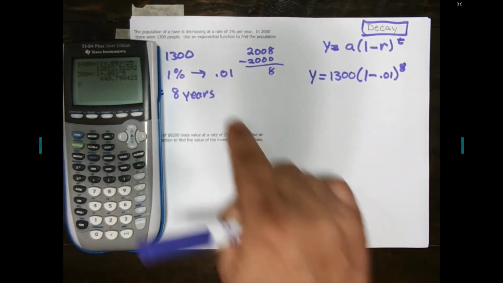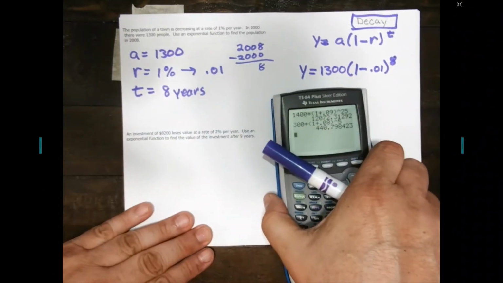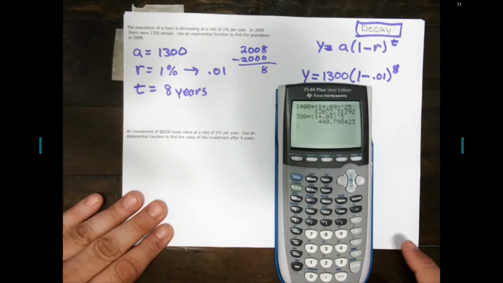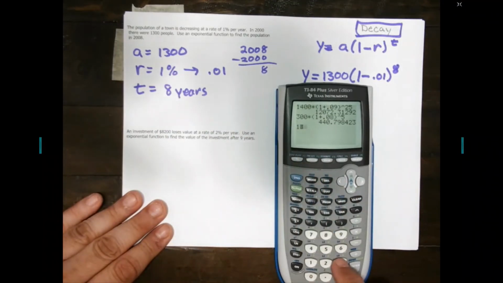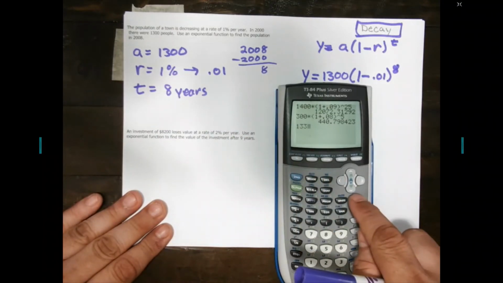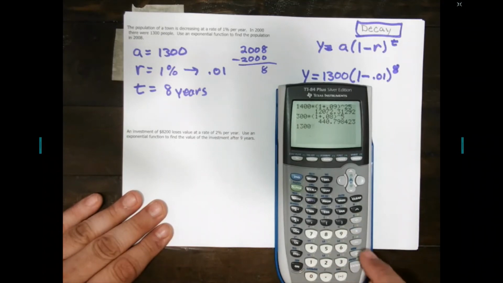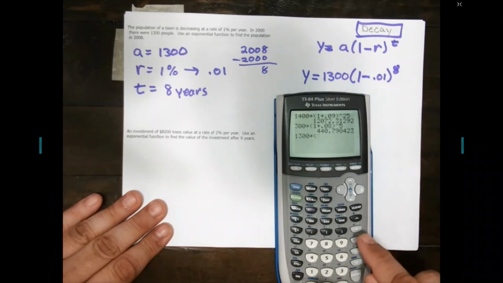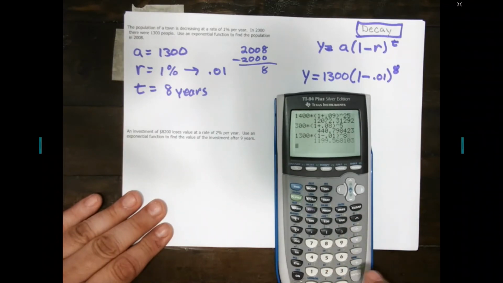I have 1,300 as my initial value. Type that in right. 1,300 times, just like I see it, 1 minus 0.01 because it's decay, raised to the 8th power, and I get